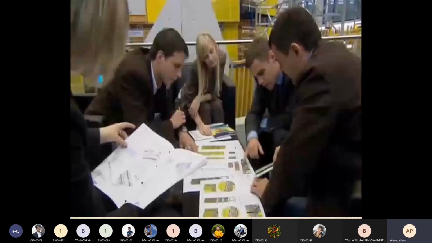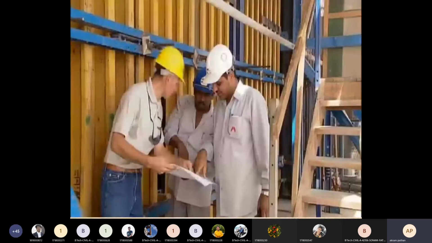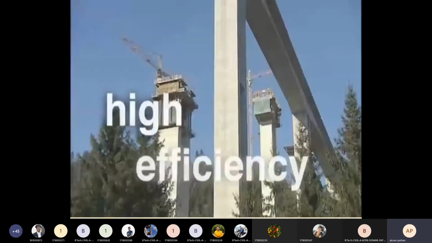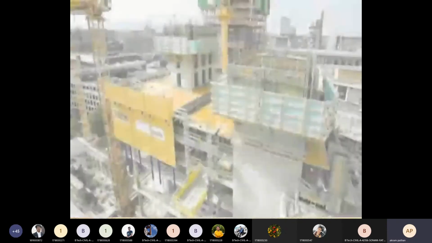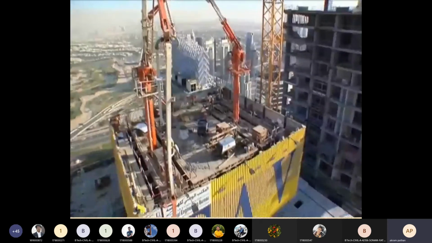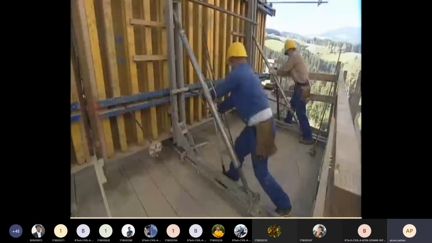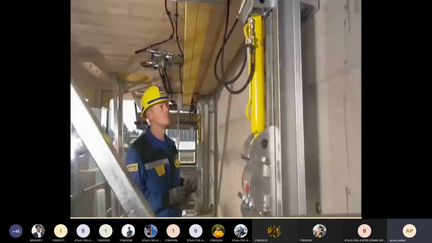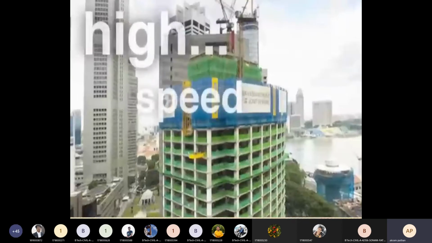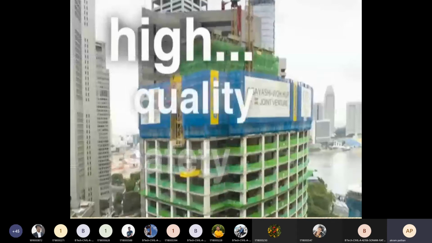Doka helps you to decide which is the right system for you and for your success on the site. Individually, flexibly, and thus efficiently. With a modular system that has the right climbing technology solution for every structure and for every site. This is what they all have in common: the very highest standards of safety combined with extremely high cost effectiveness and the easy and safe handling of the system. For both crane-lifted and self-climbing systems, Doka has the largest and most flexible range of solutions on the market, anywhere in the world, fulfilling the very highest expectations.